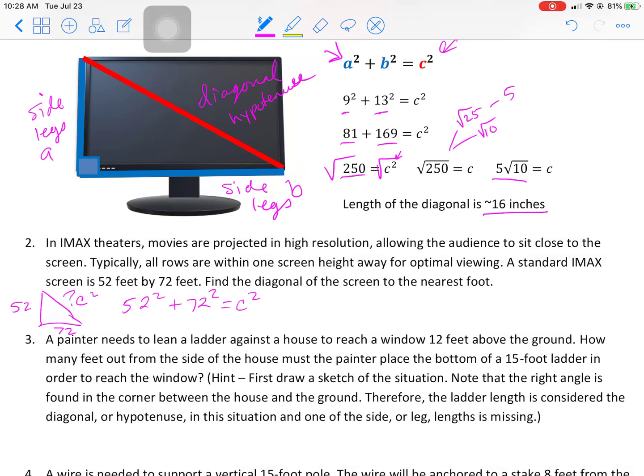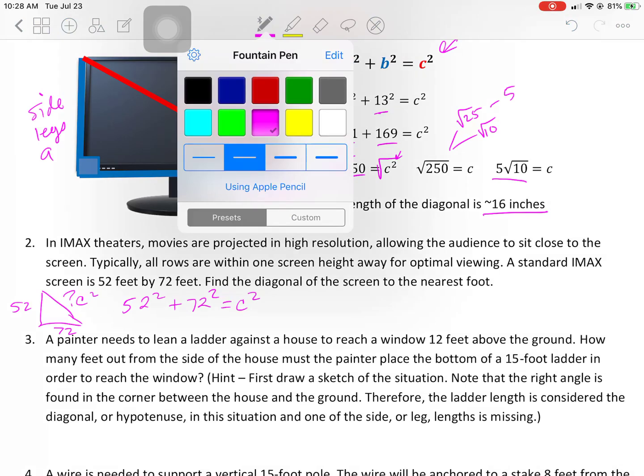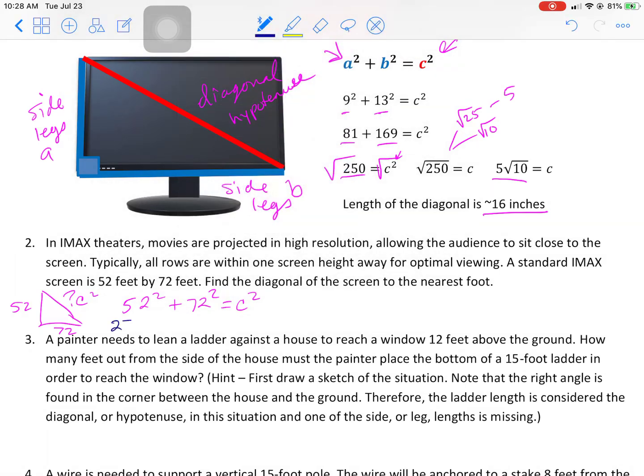52 squared is 2704, plus 72 squared, 5184. And the next step would be to add them together, 7888. And that's going to give you c squared. So then I need to square root both sides. So the square root, if I put that one in my calculator,